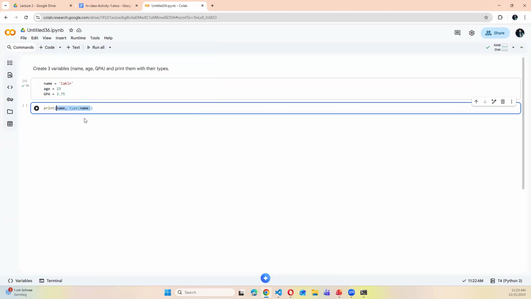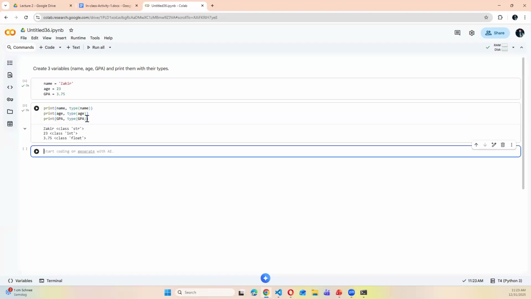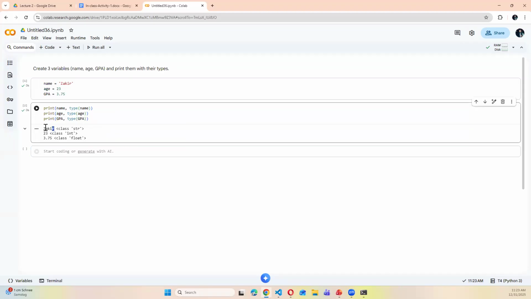I will just paste it, and instead of name I will write age, and type of age. Now GPA, and type of GPA. Now if I run this, you can see Zakir is printed, and their types are string, integer, float.